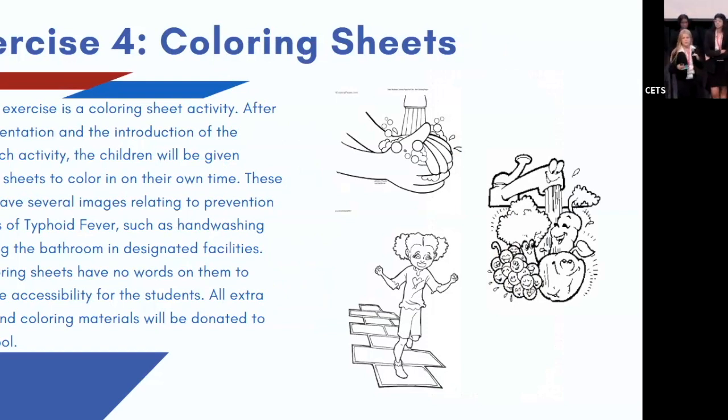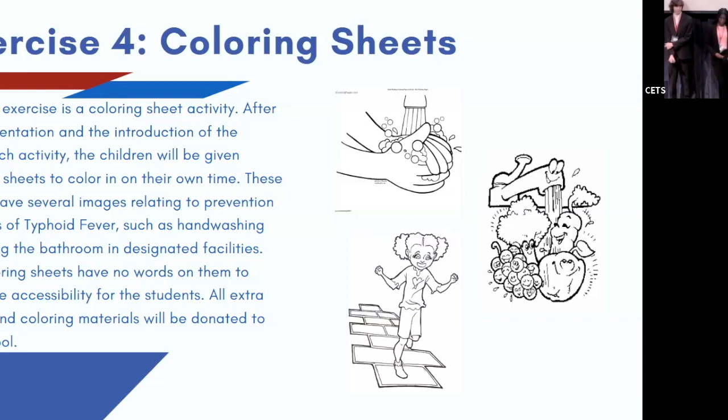One shows washing your hands properly and using soap. The other shows washing your food before cooking. Both of these practices get rid of harmful germs that could be either on your hands and then you go to eat, or that are already on these foods. Our final one shows a little girl and she's playing hopscotch. So every time these children color these coloring pages, they can think of the new game that they just learned and they'd be like, oh my gosh, I want to go play hopscotch again